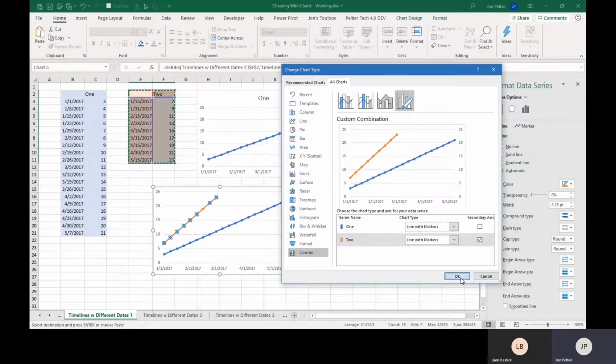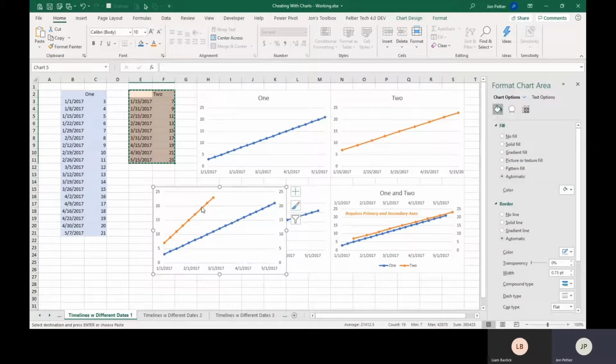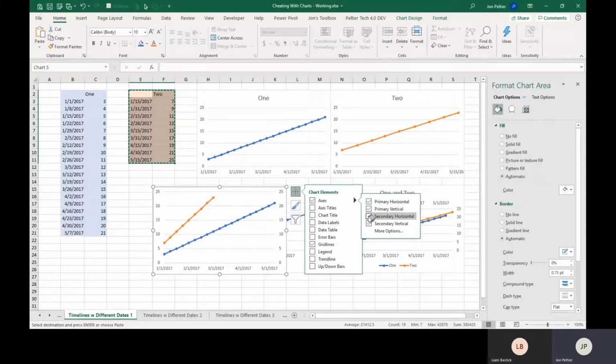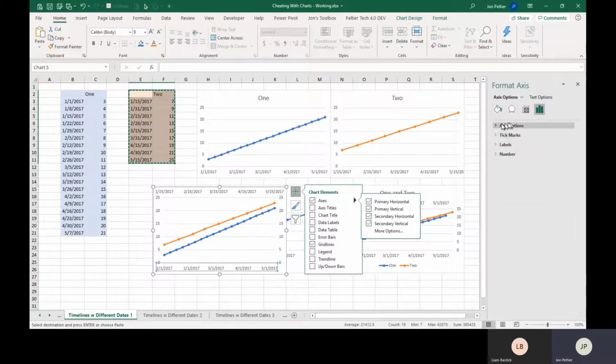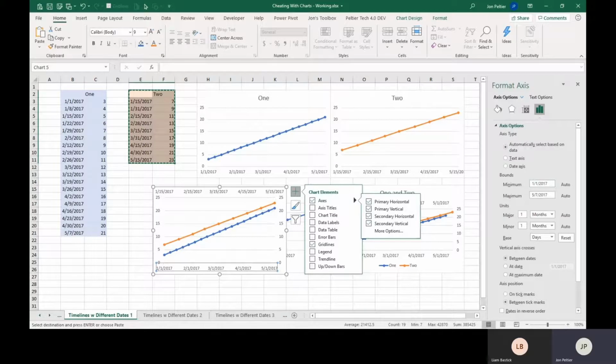And that didn't help yet. It's still way offset, but I can come here, click on axes, and add a secondary horizontal axis, and now it almost lines up. And then what I need to do is format my axes so that they have the same starting point and the